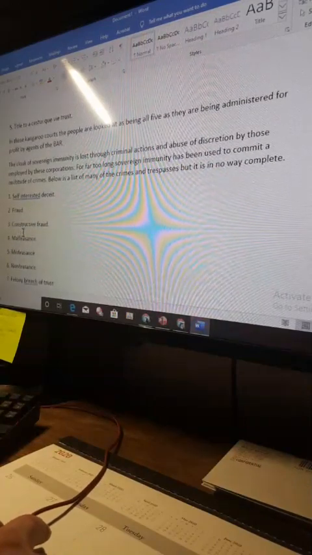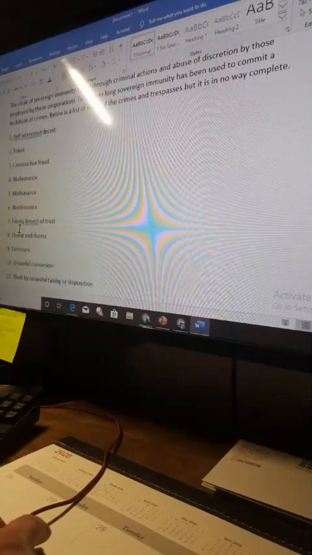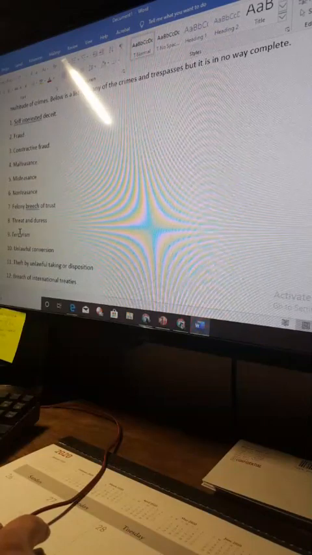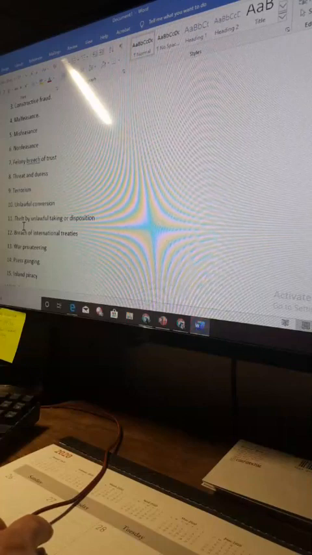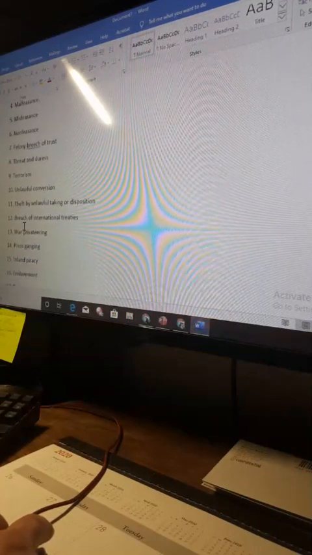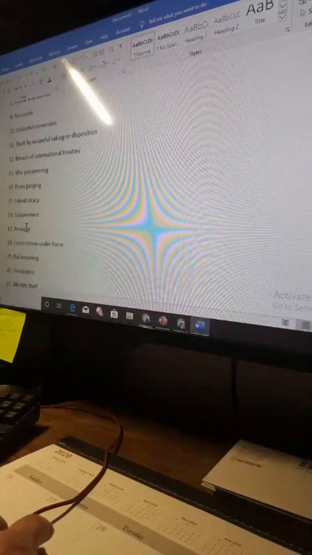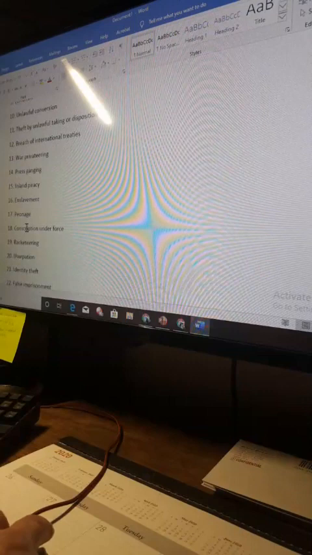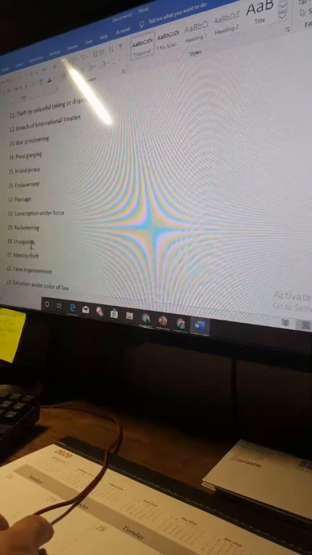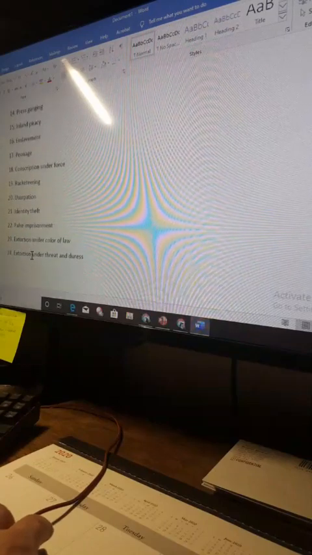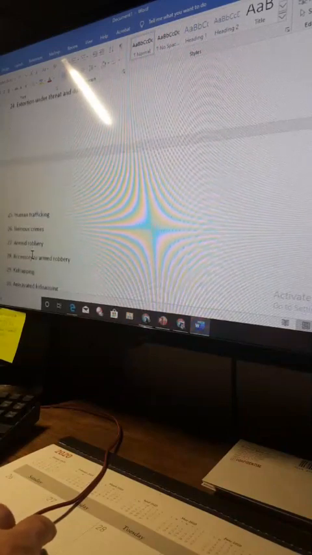Self-interested deceit, fraud, constructive fraud, malfeasance, misfeasance, nonfeasance, felony breach of trust, threat and duress, terrorism, unlawful conversion, threat by unlawful taking or disposition, breach of international treaties, war privateering, press ganging, inland piracy, enslavement, peonage, conscription under force, racketeering, usurpation, identity theft, false imprisonment, extortion under color of law, extortion under threat and duress, human